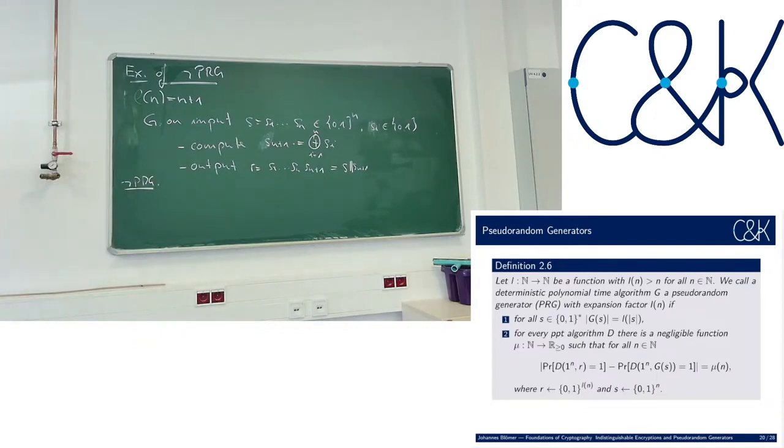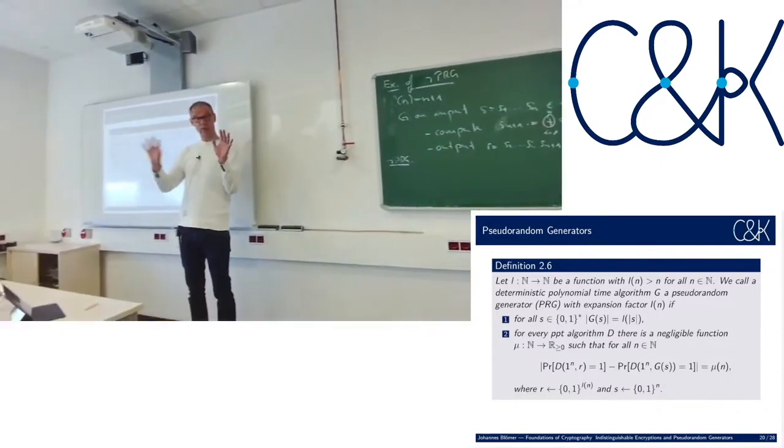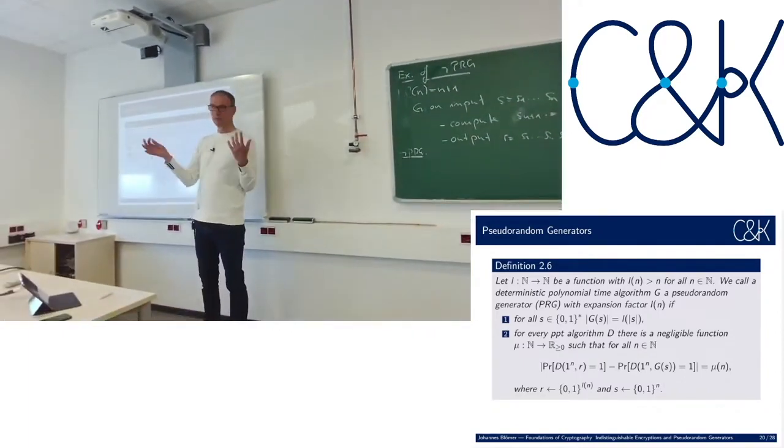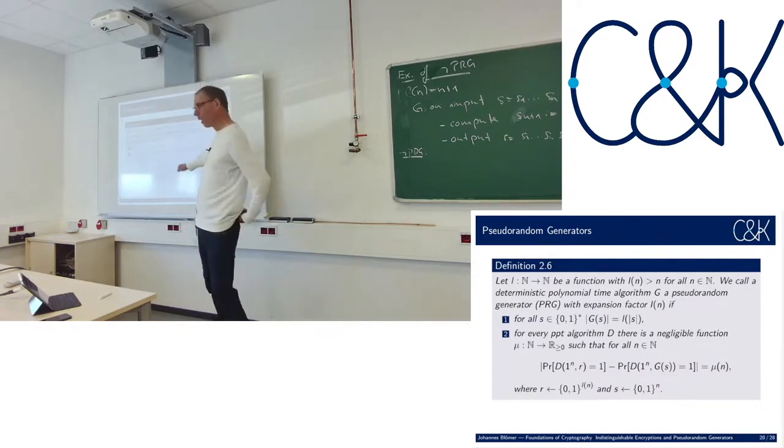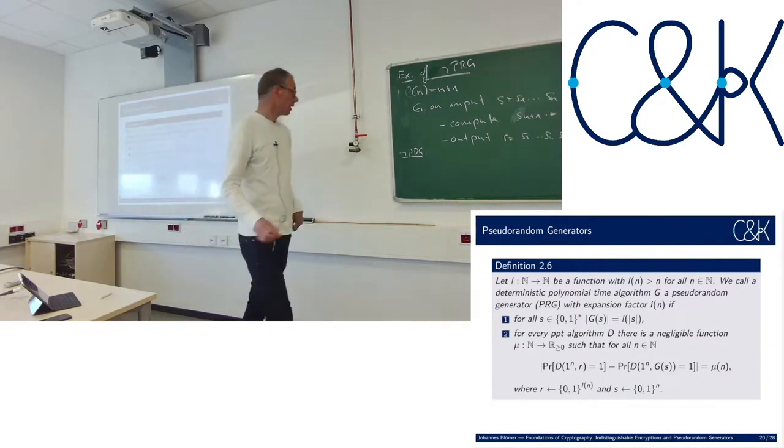Now comes the important part to understand what this definition means. The algorithm D that I give you works on inputs of a certain length, just defined on inputs of a certain length, period. In our case, it gets an input of length n plus 1, and then it does something. It outputs 1 or 0. I always assume its output is always 1 or 0. So D